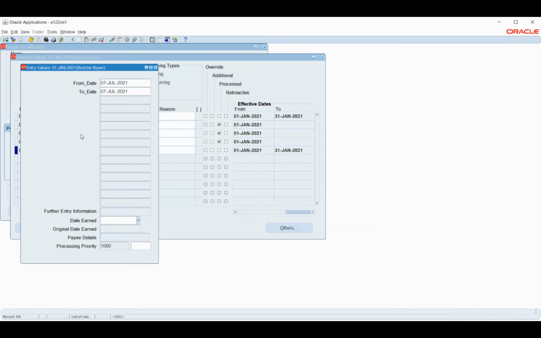Okay. So now, if I want to calculate the days between this, we have an option to write the fast formula. That will basically calculate the days between these two dates.